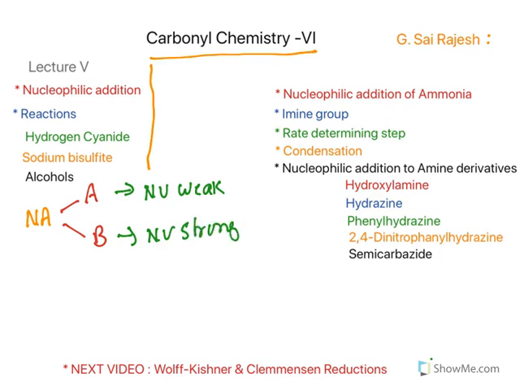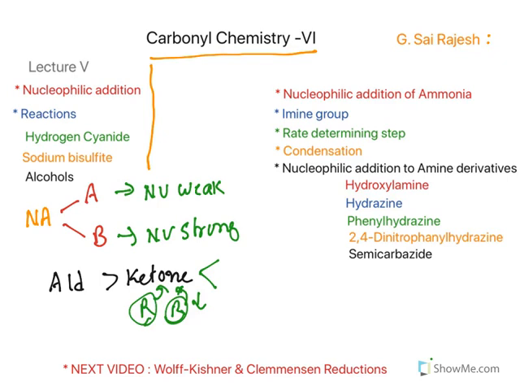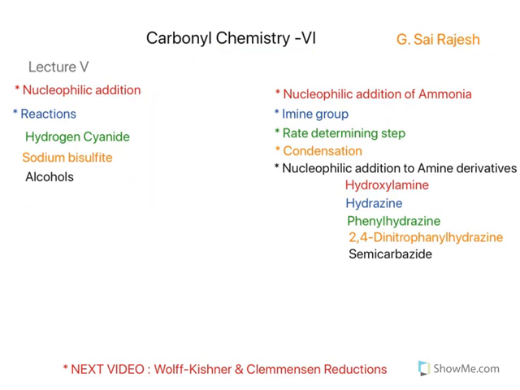Now after that what we have seen is, always aldehydes are more reactive than ketones. The reason is you have electronic parameters as well as steric parameters. Electronic parameters: in ketones, you have electron donating alkyl groups which reduce reactivity. Not only that, because of these R groups, steric hindrance is there for nucleophile attack and it reduces reactivity towards nucleophilic additions.